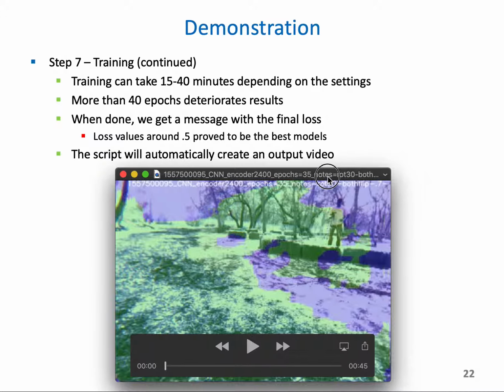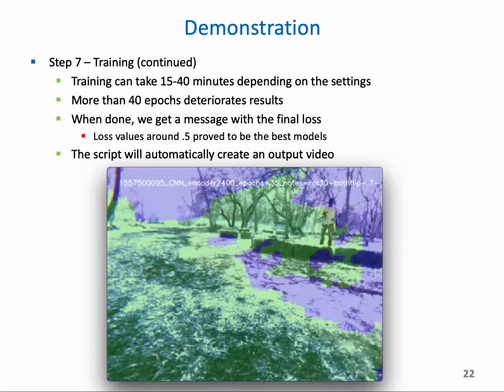The training can take somewhere between 15 and 40 minutes, maybe an hour, depending on if you're using a GPU and the settings. As I mentioned, more than 40 epochs deteriorate the results. The script will give you a little bit of information about the training results, and the script will also automatically